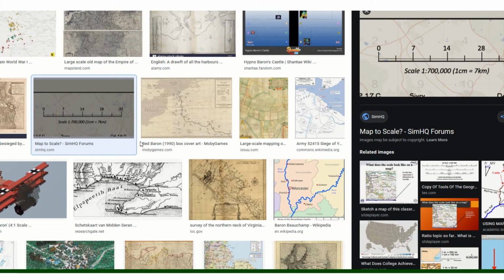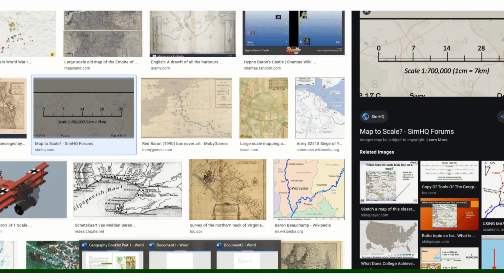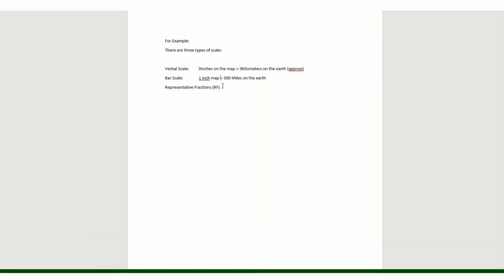So this is the example of how it is calculated. Let me check on the slide. Now, 1 inch on the map is equal to 300 miles on the earth. Similarly, for another ratio, you can see here 70. So here you can say that 1 centimeter or 1 inch is equal to 70 inches. So the 1 inch in fraction